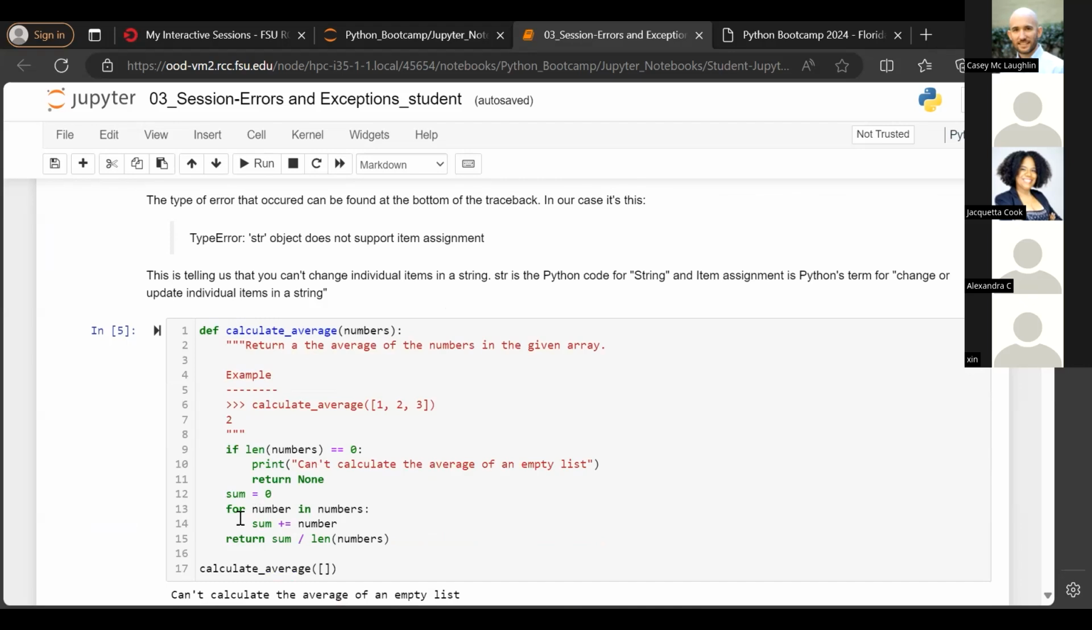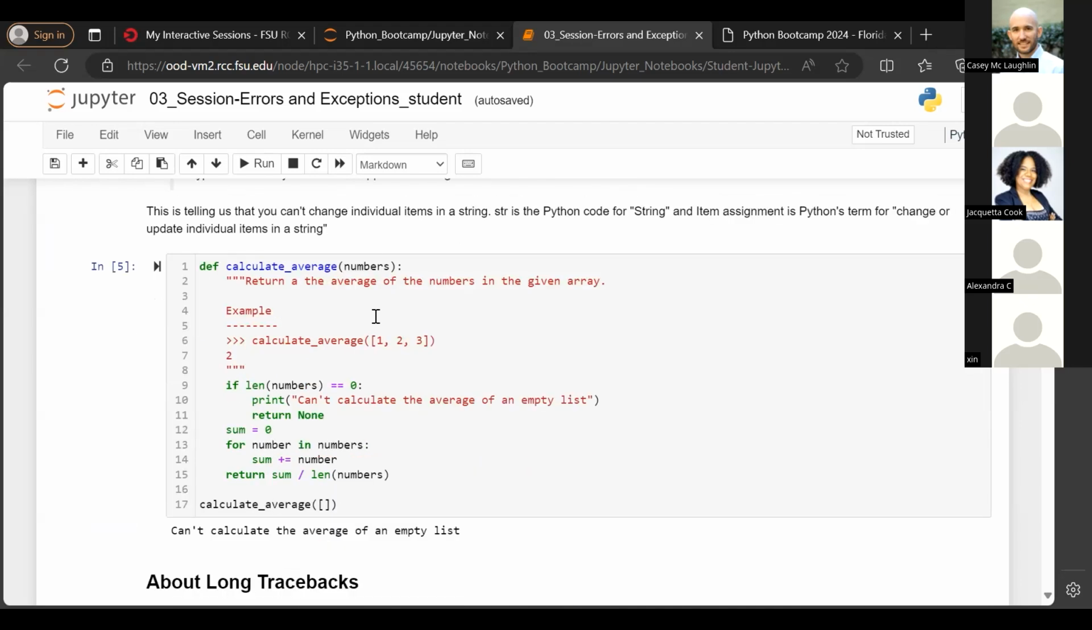So let's take that calculate average function from the previous session. It calculates the average of a list of numbers. How it works is it makes a sum of all the numbers and divides by the length of the array. Now, what if you give an empty array? The length of an empty array is 0. So if you run this with an empty array,